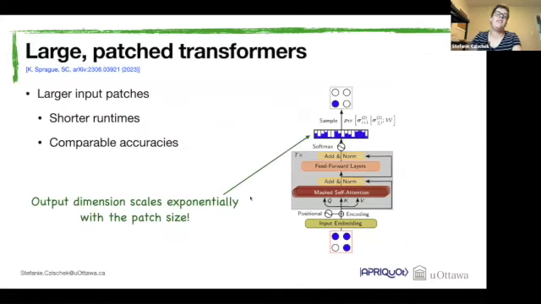The problem is, if we choose larger patches, then our output probability distribution also grows. And this output probability distribution, again, is the distribution over all possible states of the atoms or the qubits in this patch. So the dimension of the output probability distribution scales exponentially with the patch size. And therefore, we cannot choose larger patches, because we have to evaluate all these output probabilities exactly in order to sample from them. Okay, so here we were pretty limited. We could not just increase the patch size.